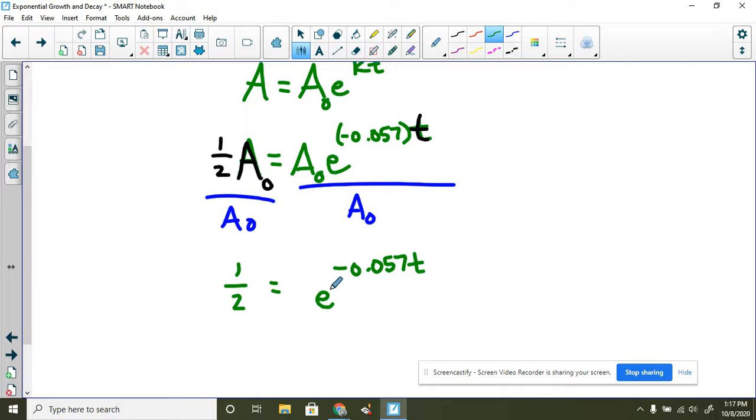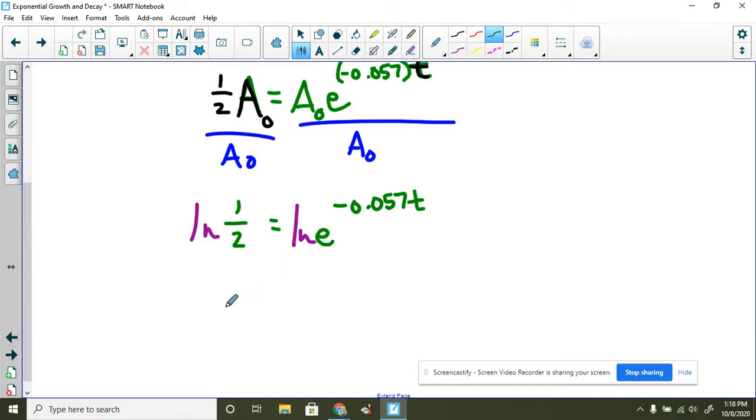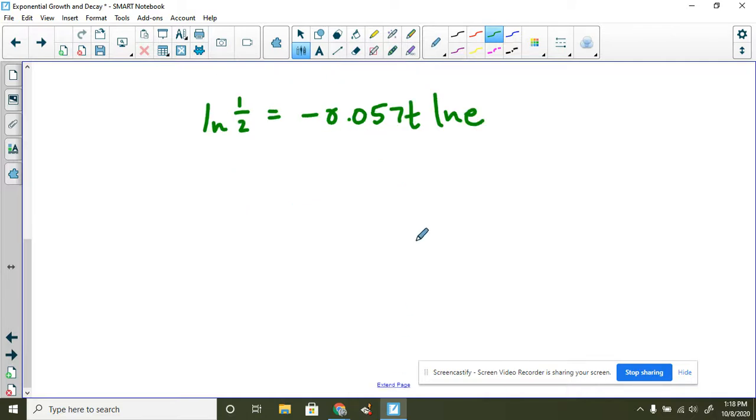So now I'm here, okay, and I'm solving for T. To solve for T, I need to get it down from the exponent, so I log both sides. And after I log both sides, I've got the natural log of 1/2 equals, this number is going to come down in front, times the natural log of e. We've talked about the natural log of e before, right? This number is equal to 1. So essentially, I'm multiplying this product by 1. So I have the natural log of 1/2 equals negative